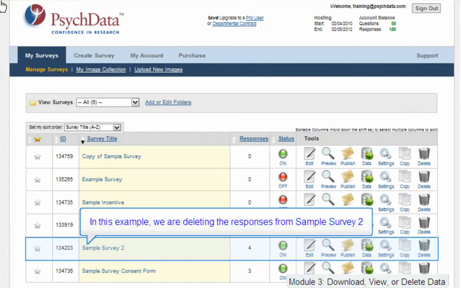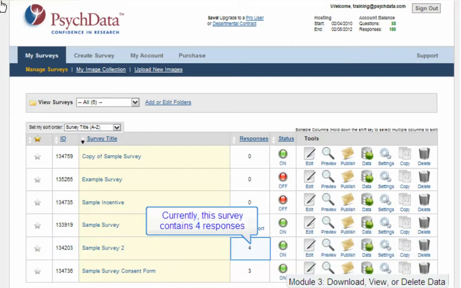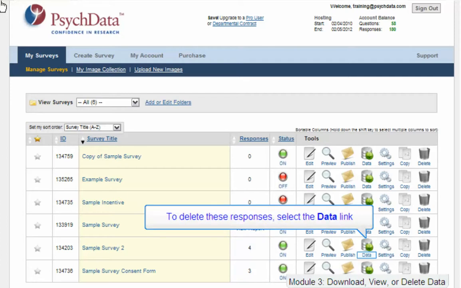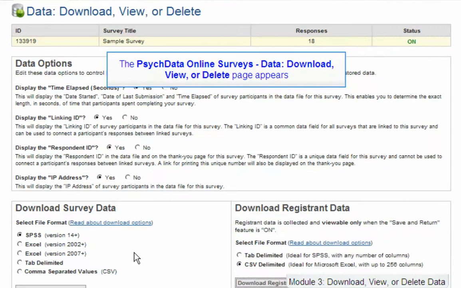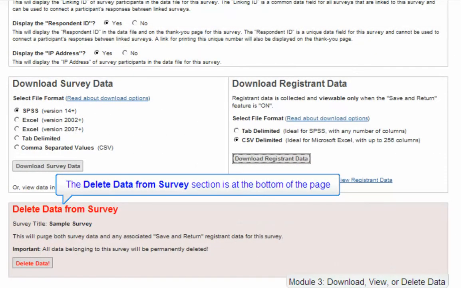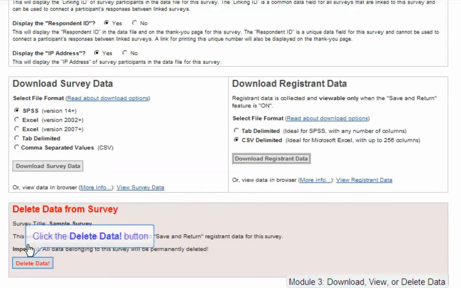In this example, we are deleting the responses from Sample Survey 2. Currently, this survey contains 4 responses. To delete these responses, select the data link, and the Data Download or Delete page appears. The Delete Data from Survey section is at the bottom of the page. Click the Delete Data button,